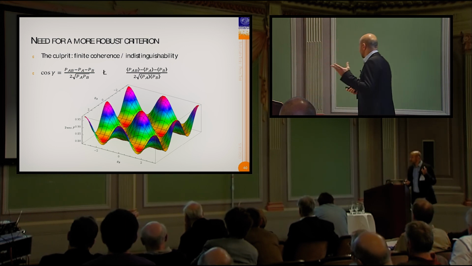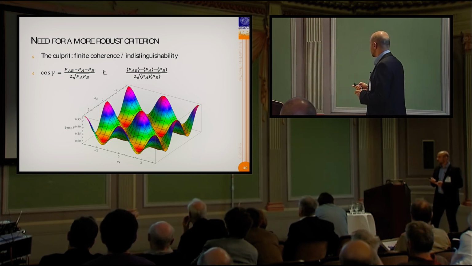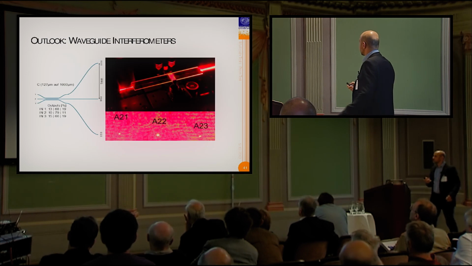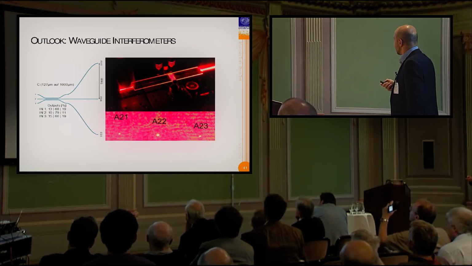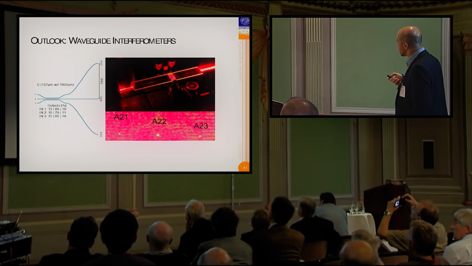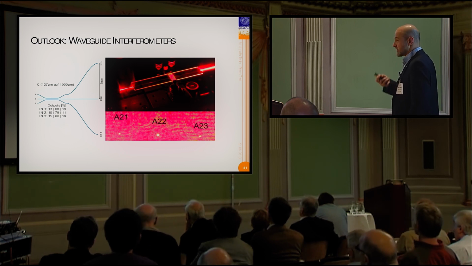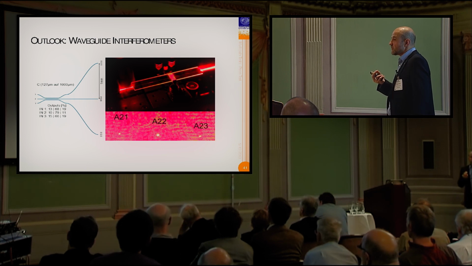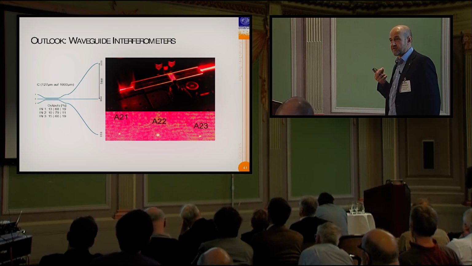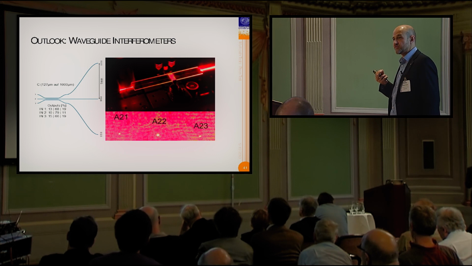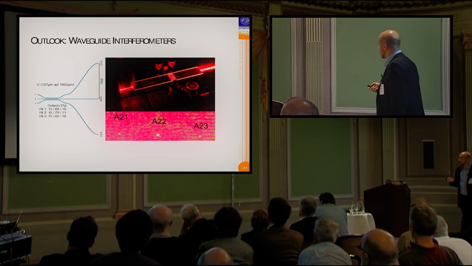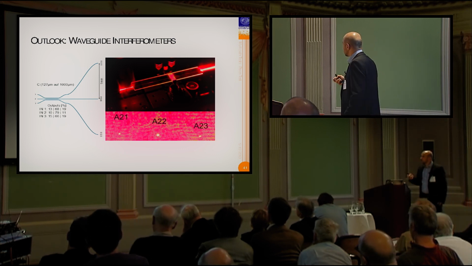So even though I don't know if this is a useful test, we're trying to improve it, and so now we have a waveguide chip that actually implements a 3-way coupler on the chip, between 3 single-mode waveguides. So in principle, these should be perfectly coherent. I don't see what else could reduce the coherence in there. However, this is not a full interferometer. We don't know yet how well.